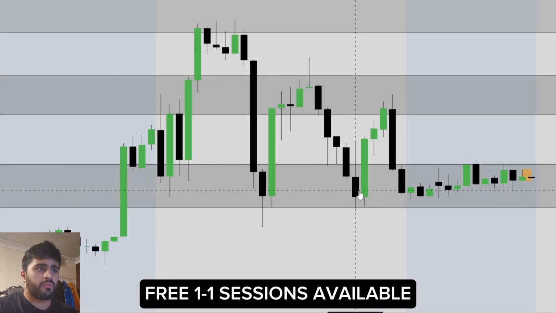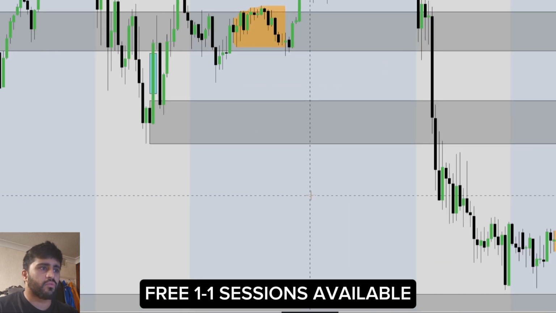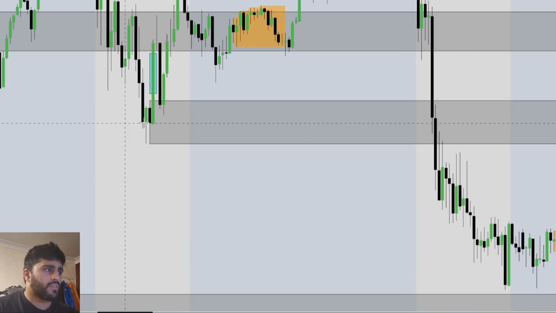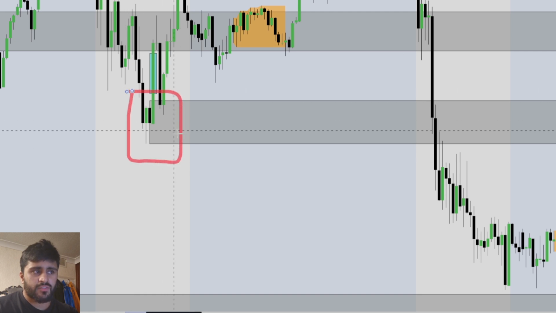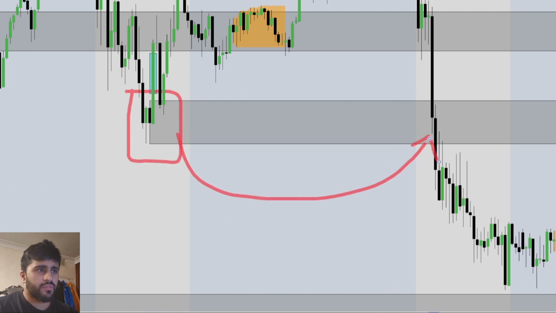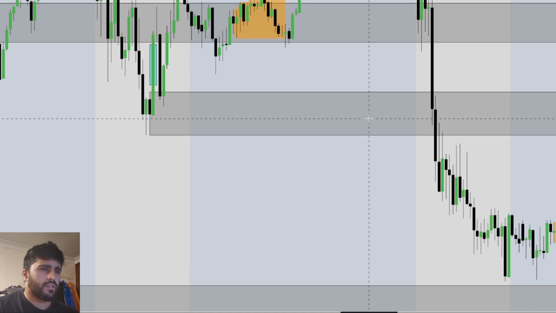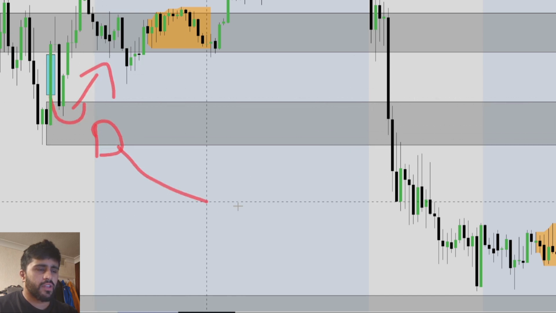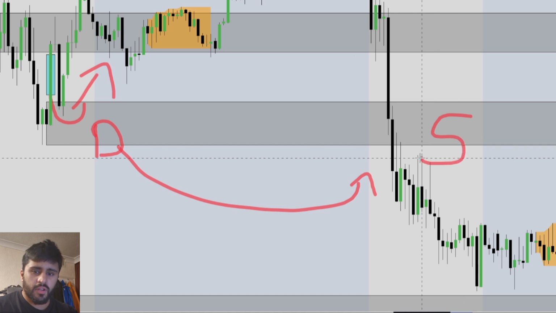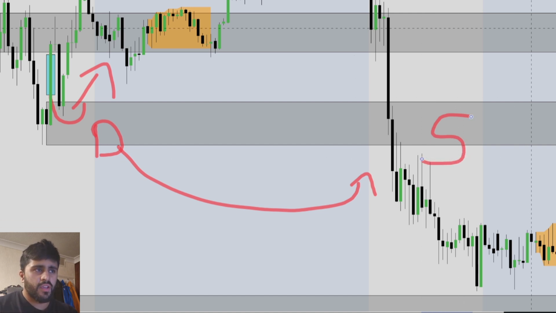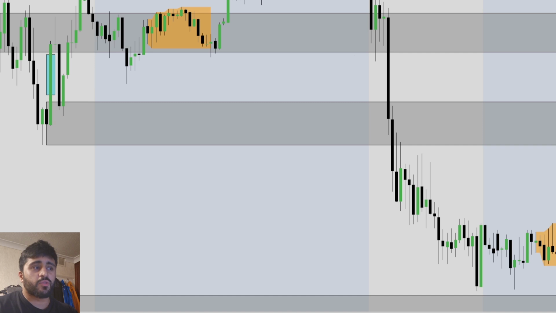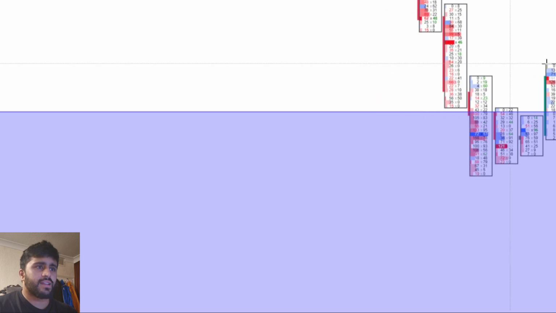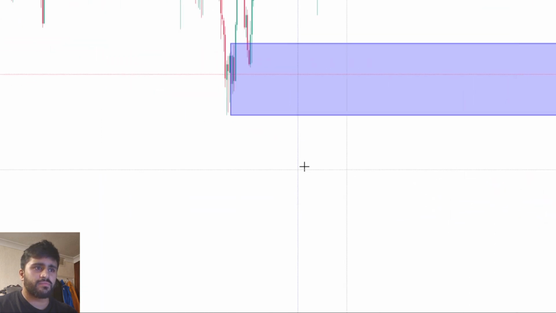So what we're looking for really is reactions off this one, reactions off here, specifically in this region. If we break this down, this basically is referring to, we had demand holding, so we had higher prices, so we had demand, then we had a flip to supply, right? It's a demand to supply flip. So you want to be focusing on what the price action, what the order flow is doing inside of this region. Now, if we break this down from an ATAS perspective or an order flow perspective,